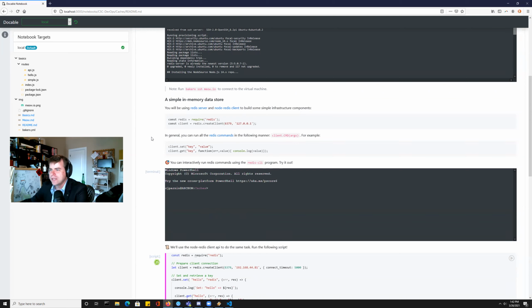If you think about what this would look like in Node.js, you could use this Redis package to make a connection to the Redis server. And then you can use the client to call things like set this key with this value and retrieve it, right? So really trivial sort of stuff. But I also want to show you the